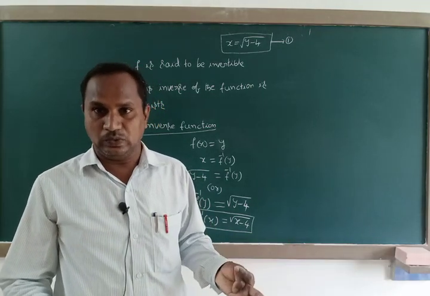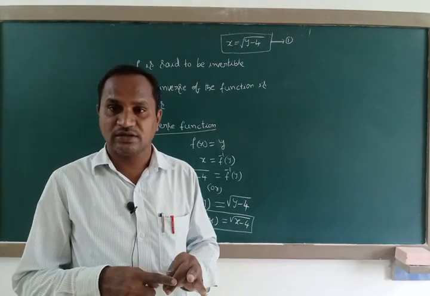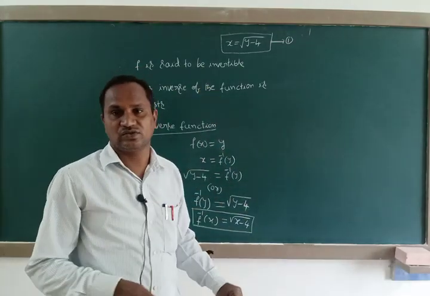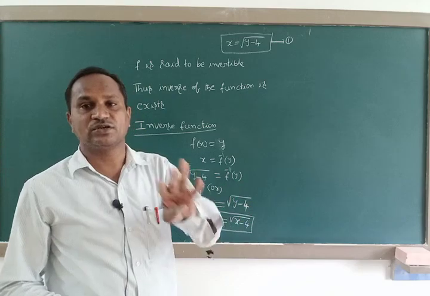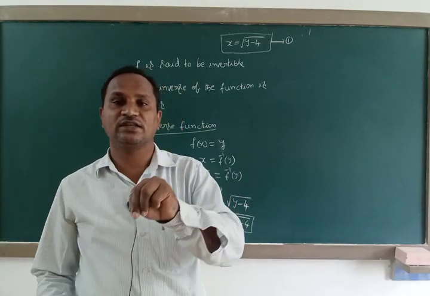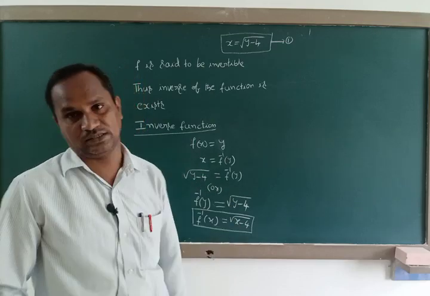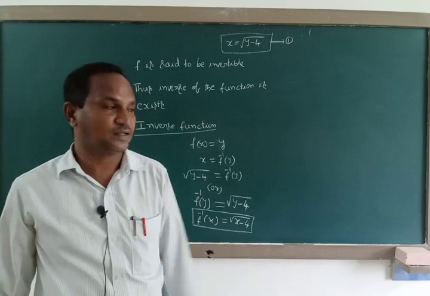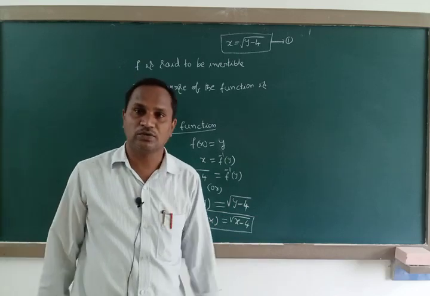If f is onto, then we have to give verification. And after verification, we have to write the inverse function also. Like that, we have to give the solution in 4 methods: one-one, onto, verification and inverse. Including all these 4 methods becomes the solution of this question. Like that, we'll solve one more question.